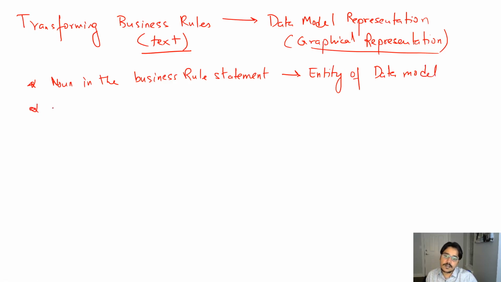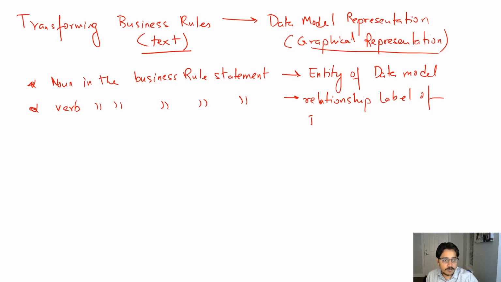And anything that is a verb in the business rule statements becomes a relationship label of your data model. Okay,